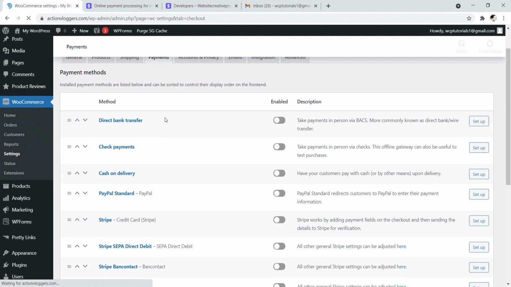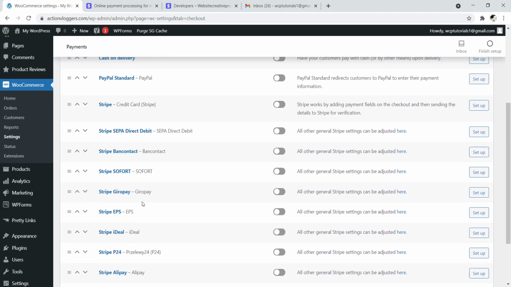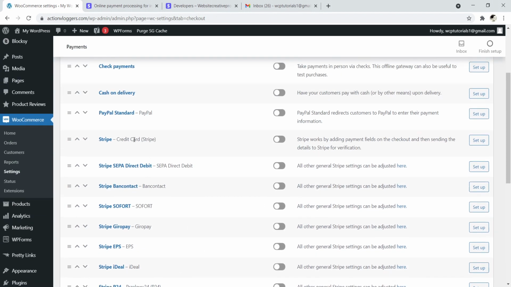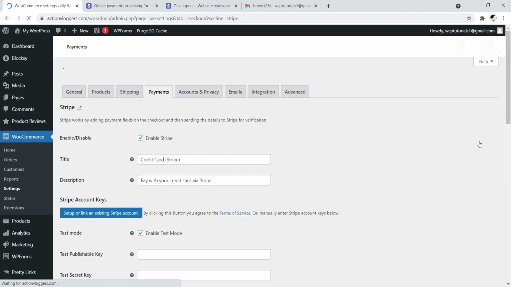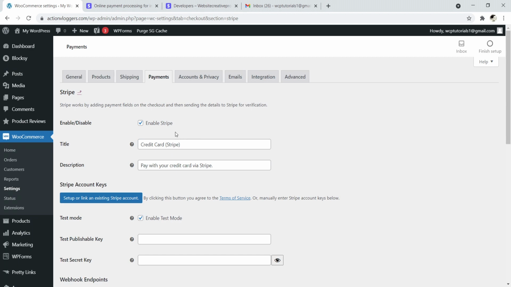And there we go. Now we have a bunch of payment options, a bunch of different Stripe options. The one we care about is right here, credit card, Stripe, credit card. And we're going to want to turn this on. There we go. And then click on setup. All right, fantastic. So now we're in the dedicated section of the site to enable Stripe, but we need to